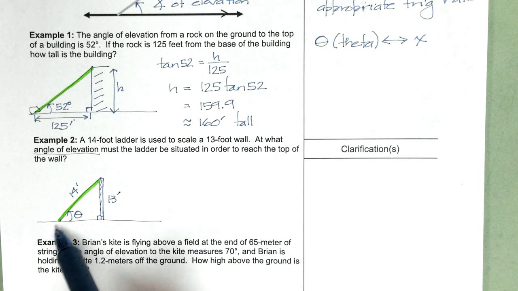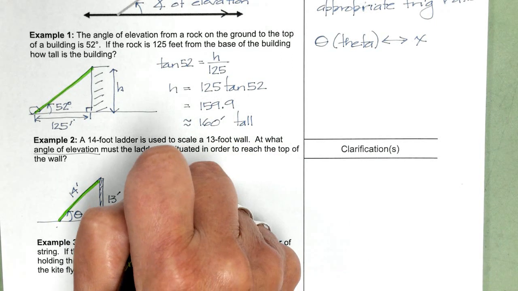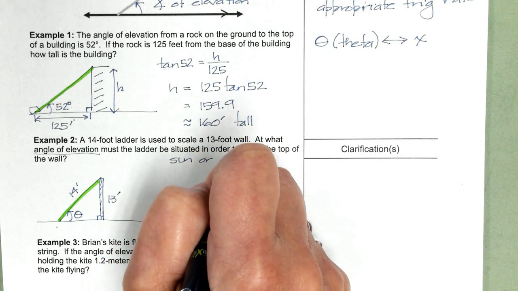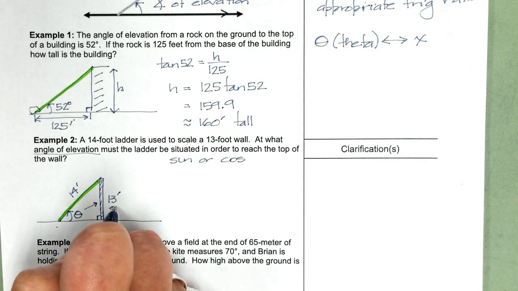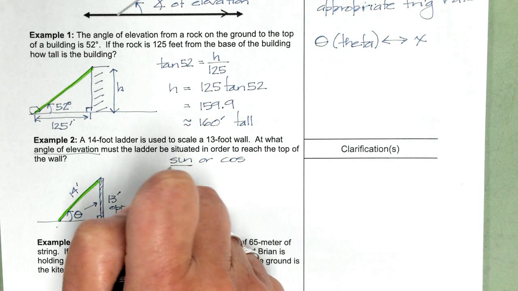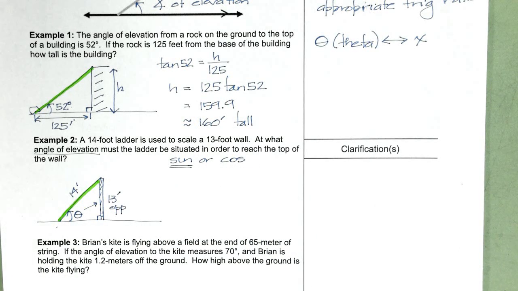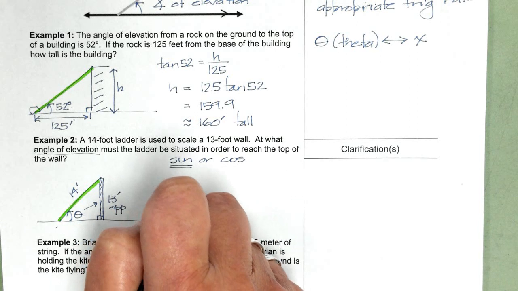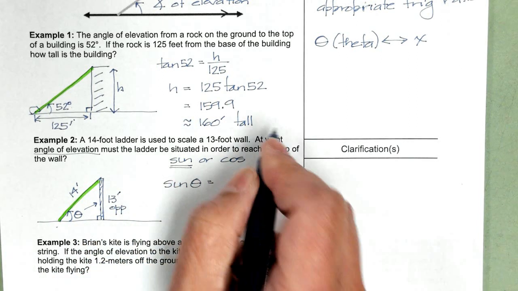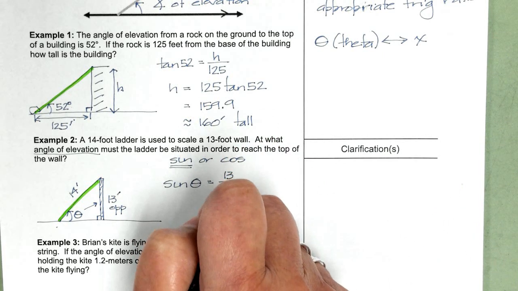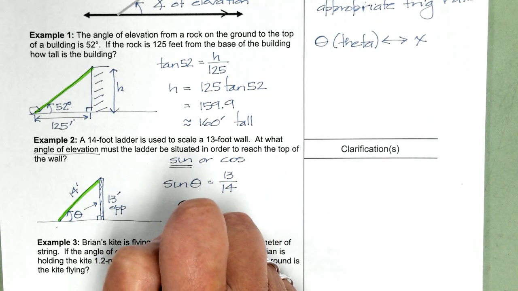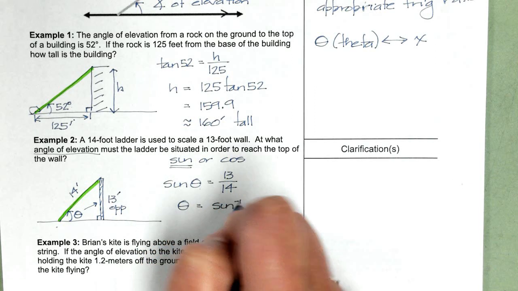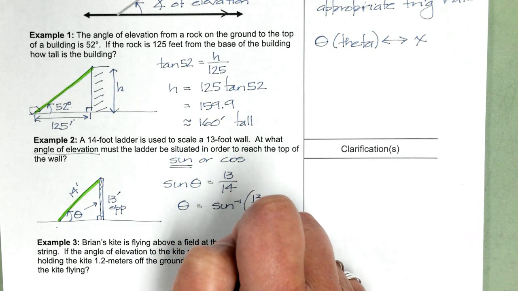Okay? Since we have information about the hypotenuse, again, sine or cosine. We know the length of the opposite side, so that means we're going to use sine. Our setup, sine of theta equals the opposite, 13, over the hypotenuse. So as in our previous lesson, to find theta, we're going to use the inverse sine. So we have theta equals inverse sine of 13 divided by 14,